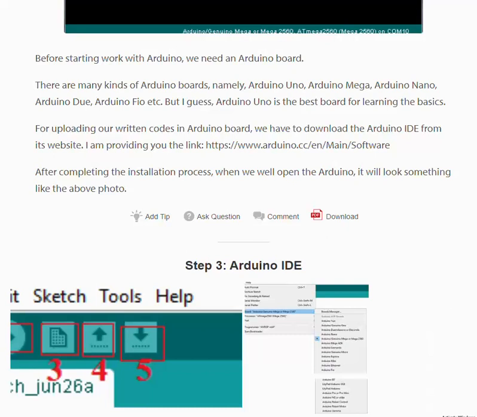For writing and uploading code to the Arduino board, we have to download the Arduino IDE from its website. I am providing the link. After completing the installation process,